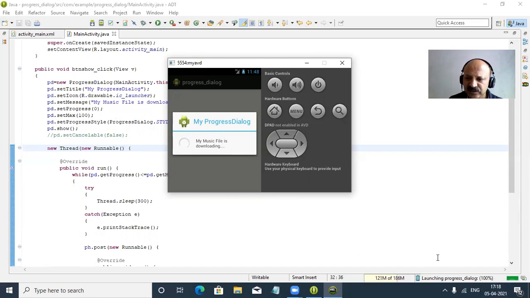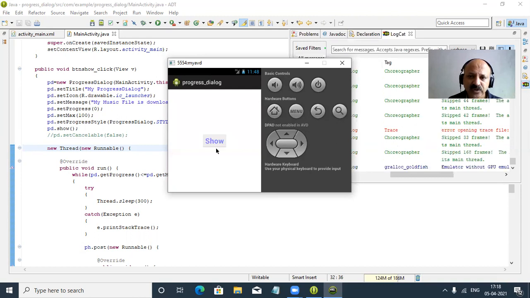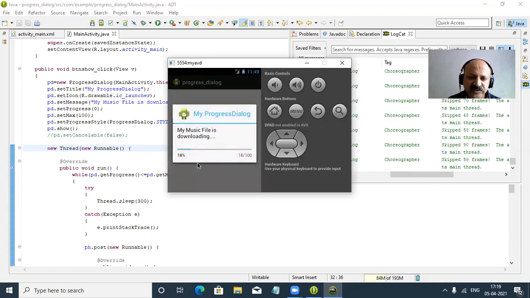So yes, here it takes time. And now the previous output is gone, and now for our latest change we have to use the horizontal style again, so that our app runs in a very short time. Yes, now it appears. So you can look, now I click the show button. Perfectly, you can see the speed is fast because we pass 300 in the sleep method, so we cannot consume our time of this video lecture.